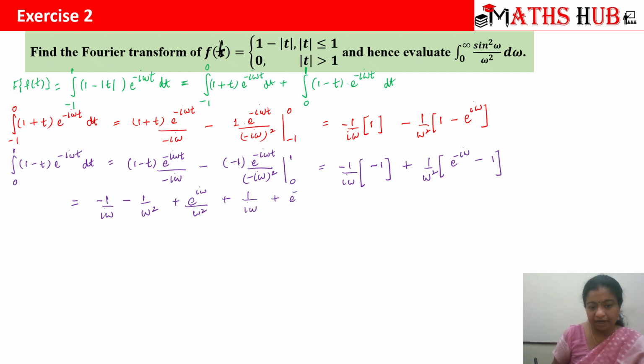Then e power minus i omega divided by omega square. And then minus 1 by omega square. Right? Okay. So from here, what do we get? This term gets cancelled, right? And we are left with,